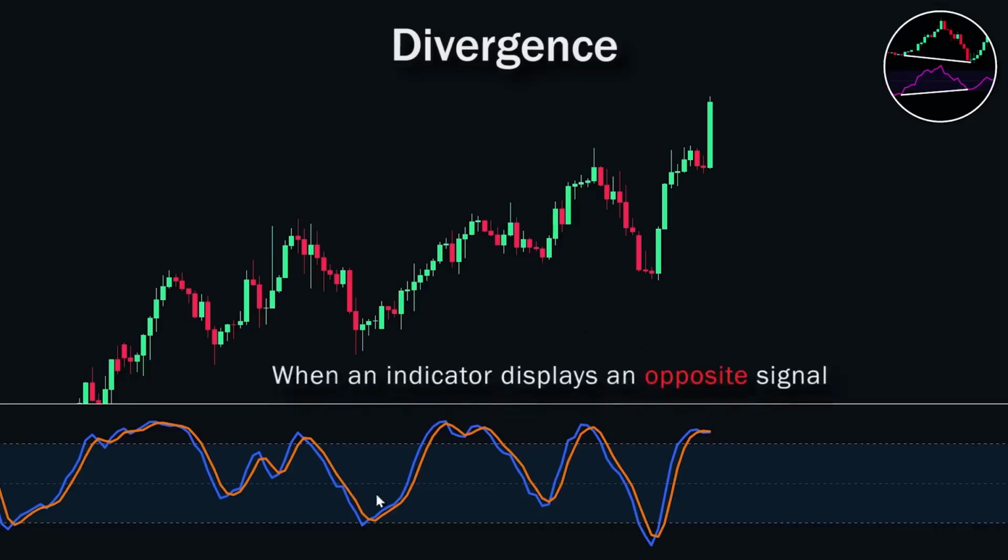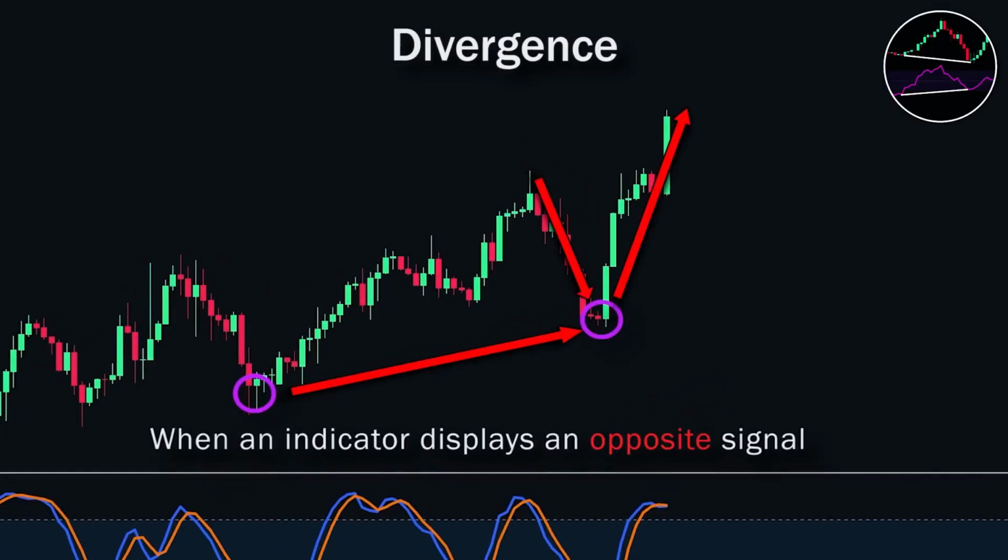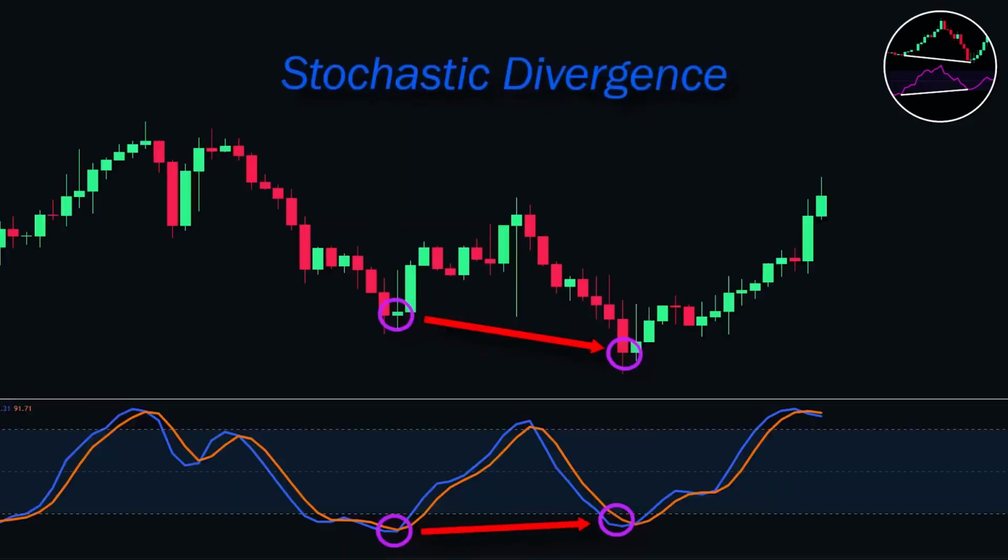Divergences occur when an indicator displays an opposite signal of the real price movement. When this happens, it is usually a sign that the trend might reverse. Divergences could occur in many indicators such as the stochastic and the RSI. For example,